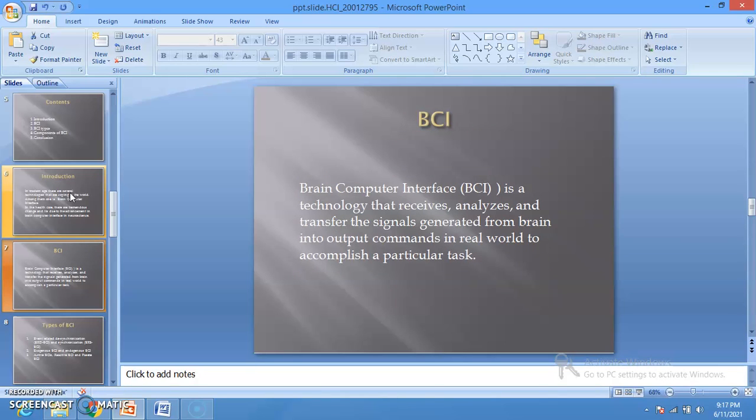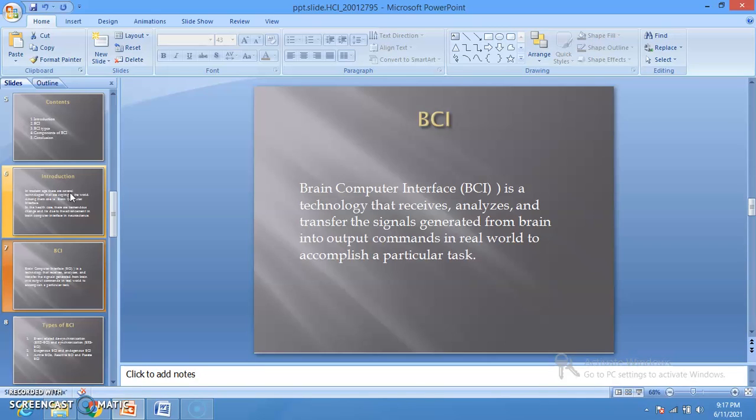BCI is the technology that receives, analyzes, and transfers the signal generated from the brain into output commands in the real world to accomplish a particular task. That means anything that is surrounding in our brain, or let's take an example,